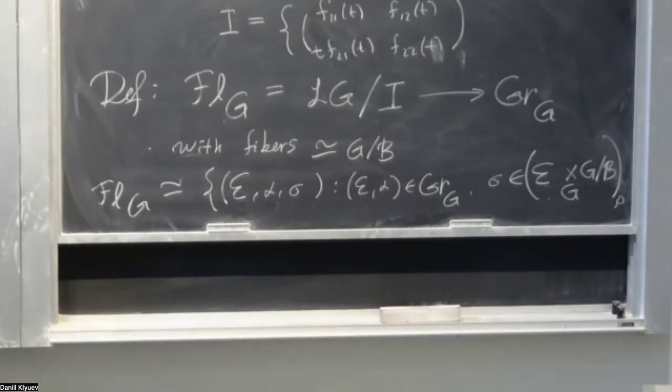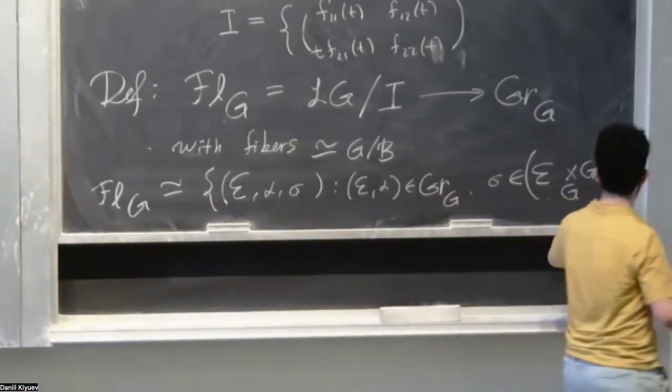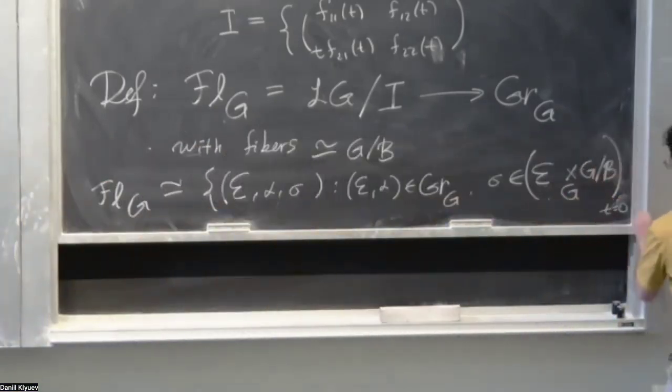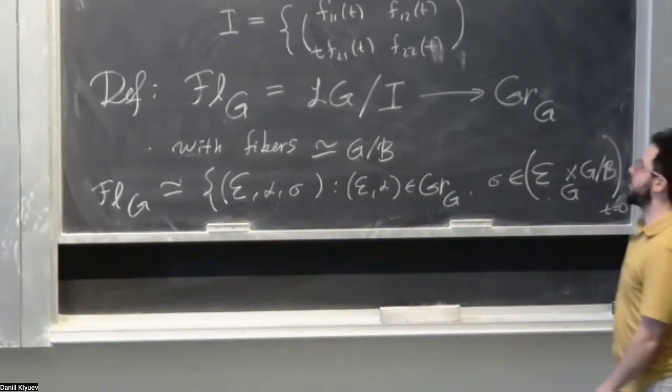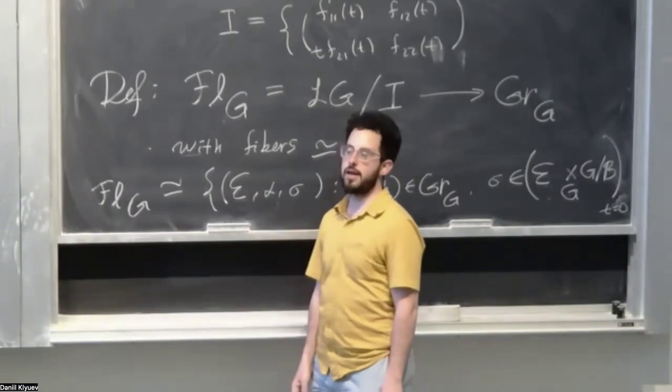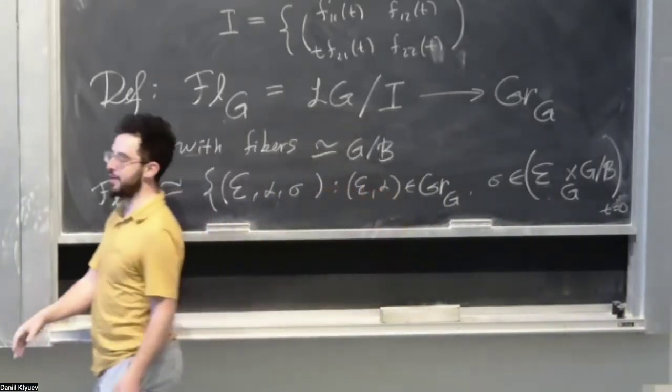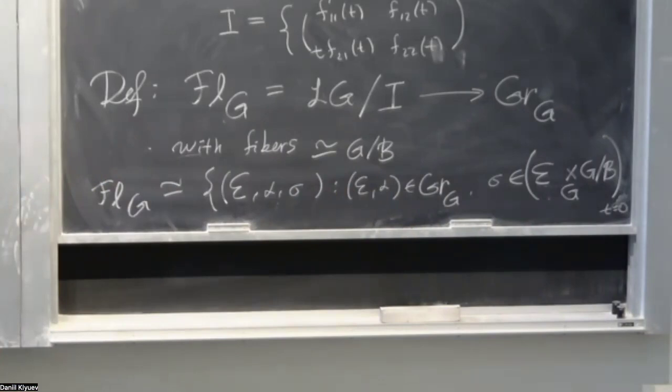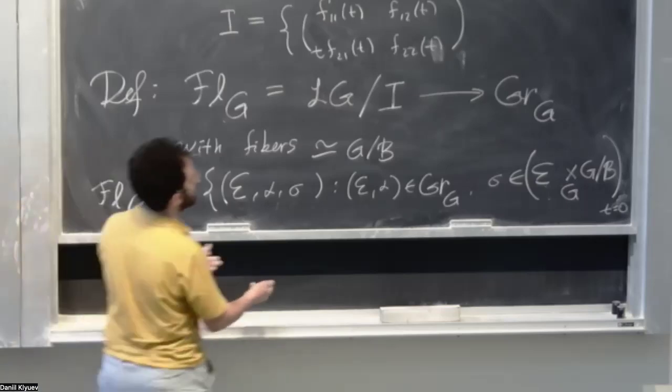The restriction is T. So for example, if G is GLn, that means that we have a vector bundle, and the object depends on T, and then when we set T to 0, you also need to give a complete flag. Okay. Like a flag of lattices. If it's GLn, then